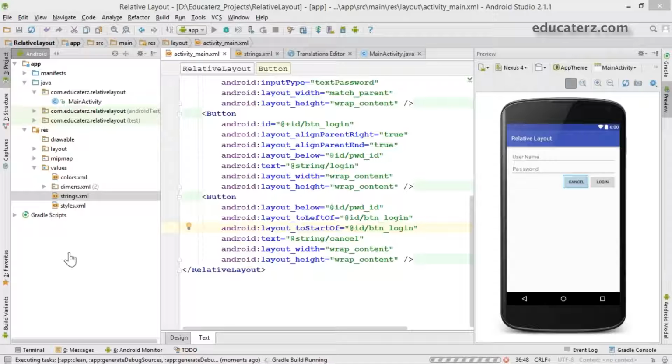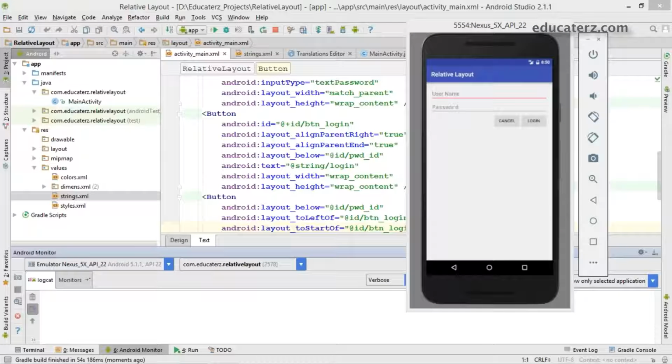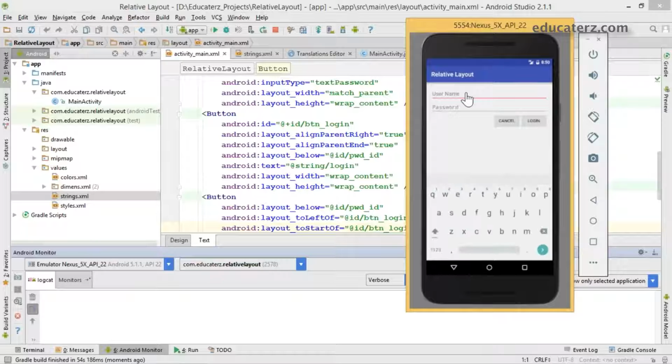Please wait until it loads. So the application has been launched on the emulator. I named it relative layout username. When I click on username edit, it opens a normal keyboard. When I click on password also, it opens normal, but when you type something, it will be converted into dots because I set the input type as text password.